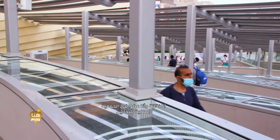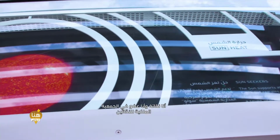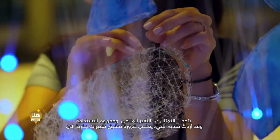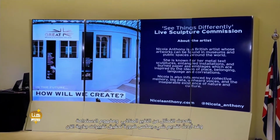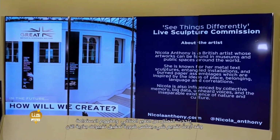Sculptor and I'm a member of the Royal Society of Sculptors. I'm here as the artist in residence at the UK Pavilion, and over the last 8 days I've been making a sculpture which will stay here for the whole of the Dubai Expo. The sculpture talks about climate change and sustainability, and I wanted something which conveys the urgency of making a change